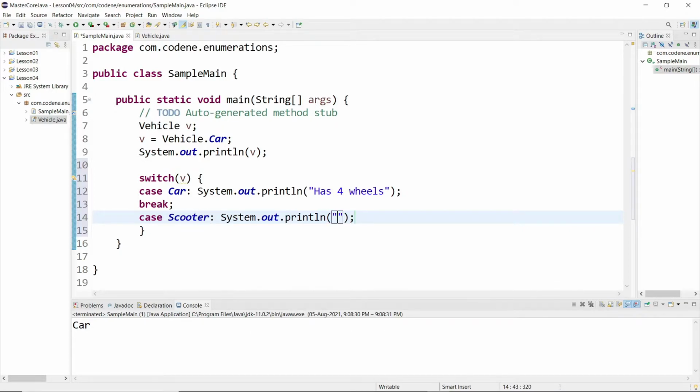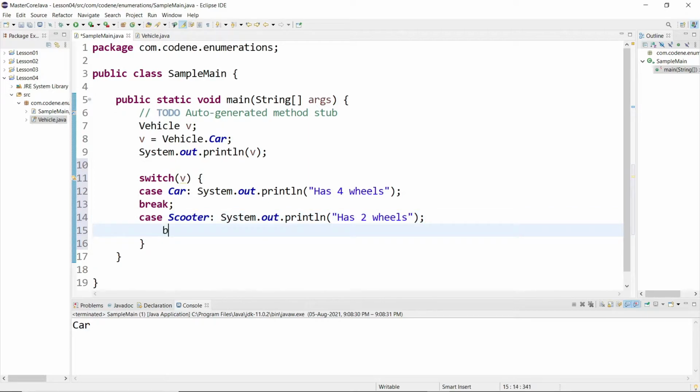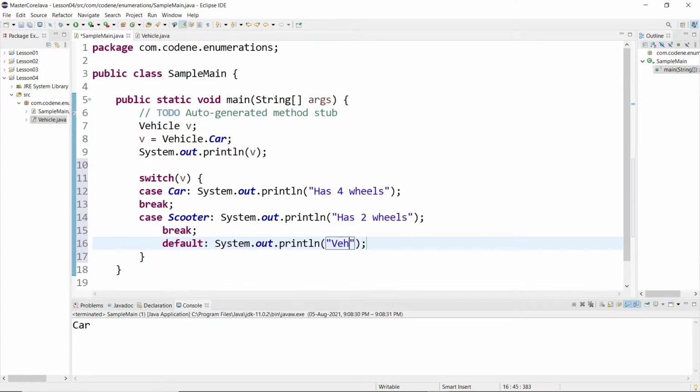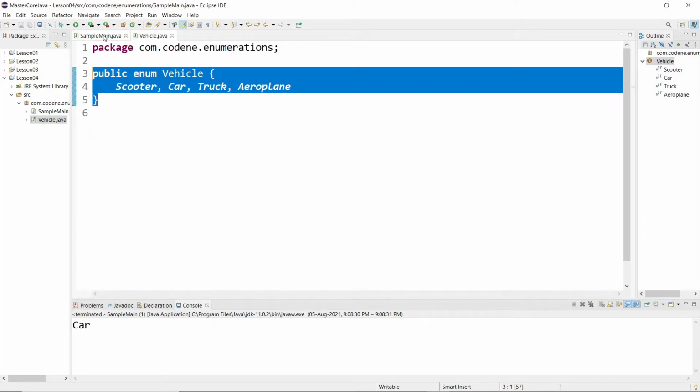System dot out, has 2 wheels, is just an example. Then break. And default is something like vehicle not supported by our program, because you do not support that kind of vehicle as the collection of that constant is not present.